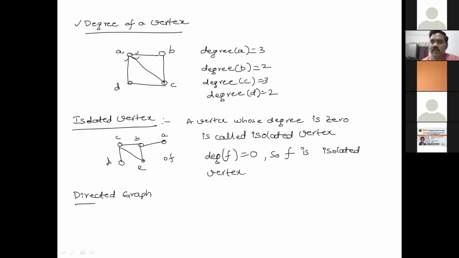So the difference between a non-directed graph and a directed graph is only that the edge contains the direction in case of a directed graph. Okay, so let me give a simple example. It also contains the vertices like in a non-directed graph. I am taking 5. Whereas each edge contains direction.